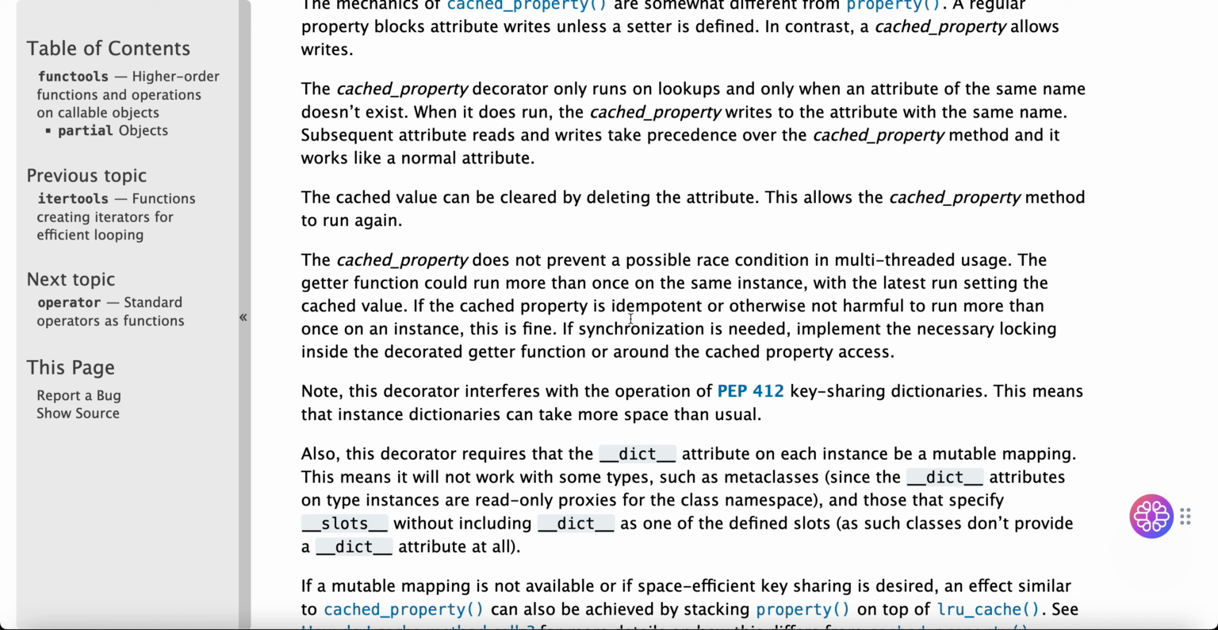If the cached property is idempotent or otherwise not harmful to run more than once on an instance, this is fine. If synchronization is needed, implement the necessary locking inside the decorated getter function or around the cached property access. Note: this decorator